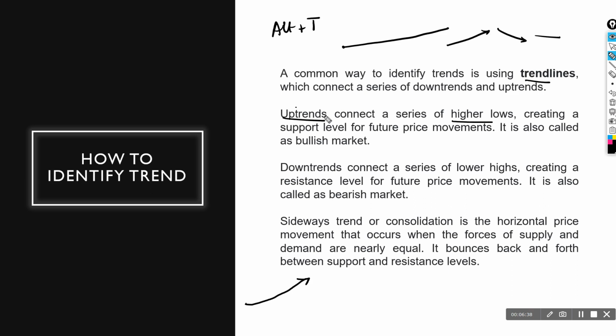But this is also called a bullish market. Please understand, an uptrend is also referred to as a bullish market. Okay, why? If you see a bull, how does it attack the enemy? It kind of lifts it with the horns, and that's why it's called a bullish market. It moves up. This basically tells that there are more buyers than sellers,